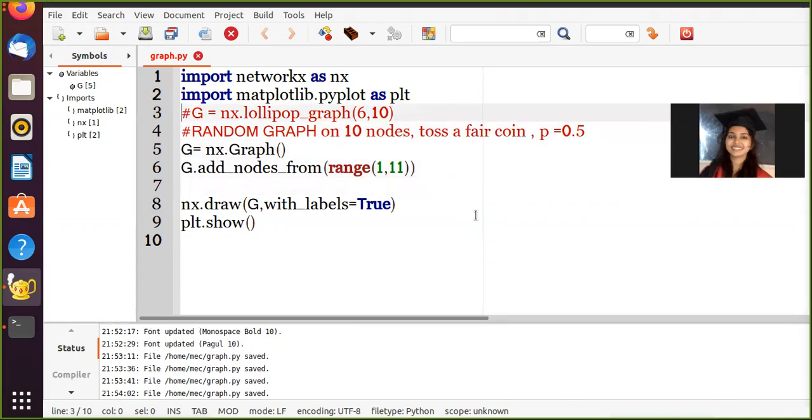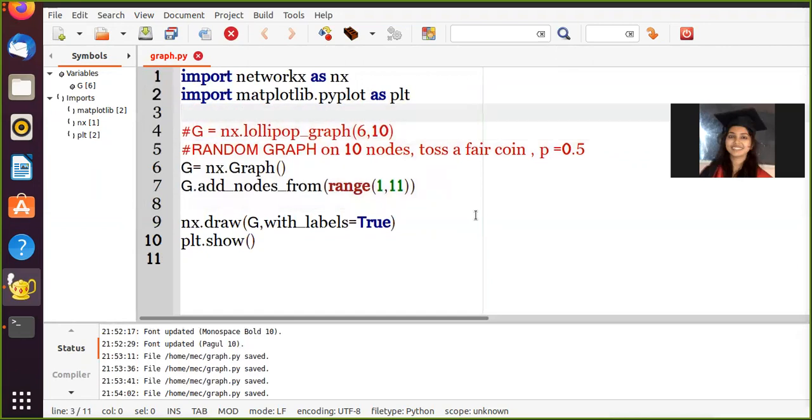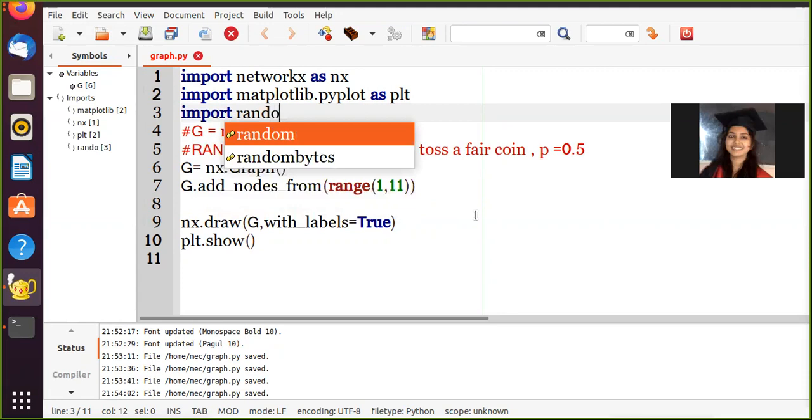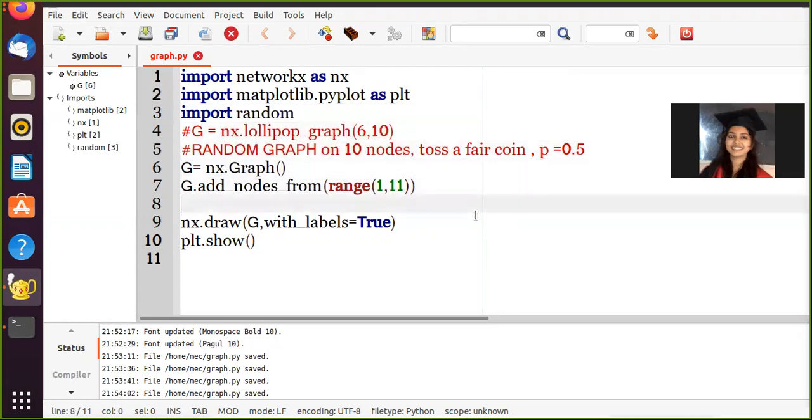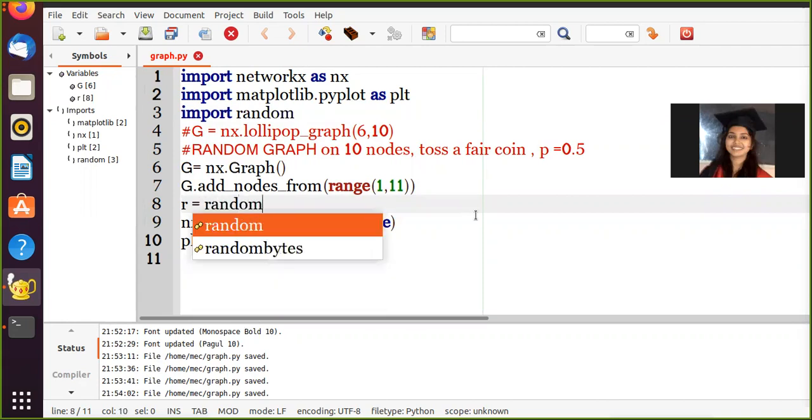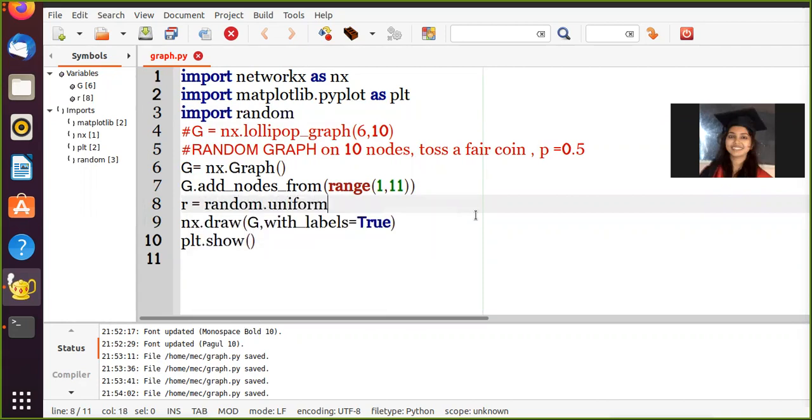To implement the simulation of tossing a coin, I'm going to import a library called random. This random library helps us generate random numbers. I'm going to generate a random real number r using the function random.uniform(0, 1).